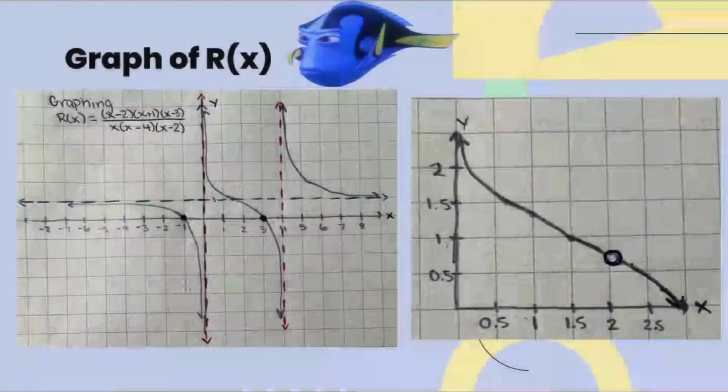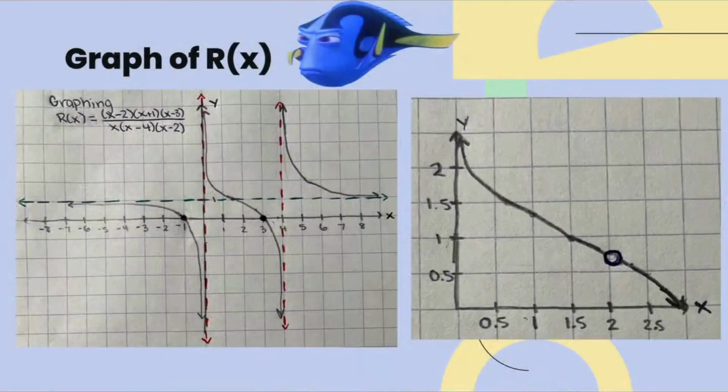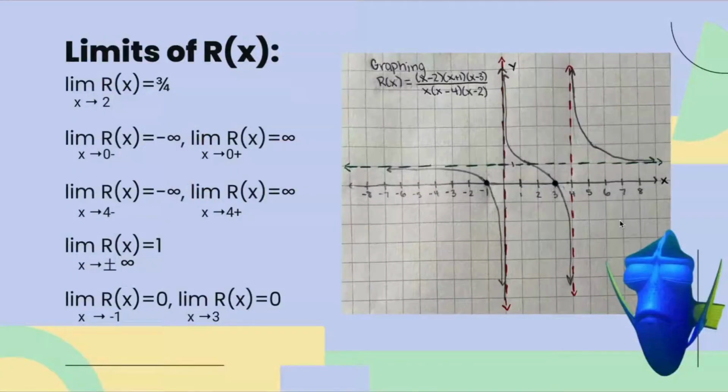Now, just like Dory, look at this graph of r of x. The red dotted lines represent the vertical asymptotes, and the green dotted lines represent the horizontal asymptote. And here is a zoomed in version of the graph that shows the removable discontinuity at x equals 2. Just like Dory in this picture, the function is reaching its limits, and we can see these limits on the